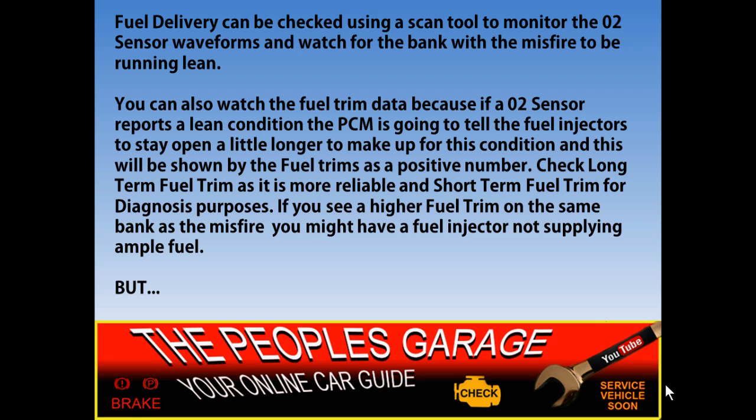If it's really restricted, it's not going to be putting out enough. That's going to cause a lean condition. That means too much air for that side of the engine. So if it's a lean condition, the computer is going to tell the fuel injectors to stay open a little bit longer to make up for this condition. And this will be shown by the fuel trims as a positive number if you have access to fuel trims